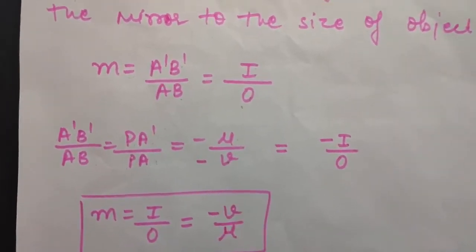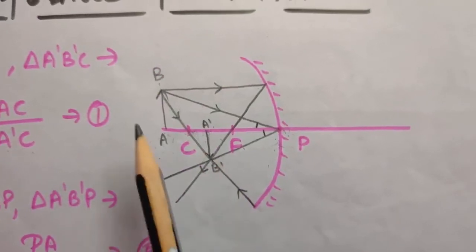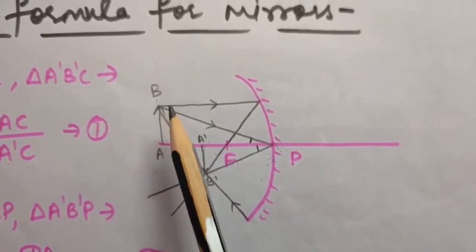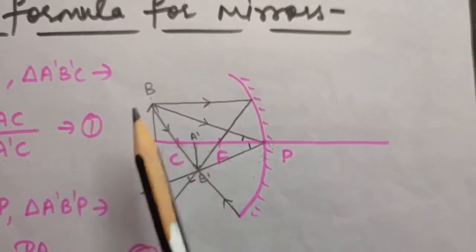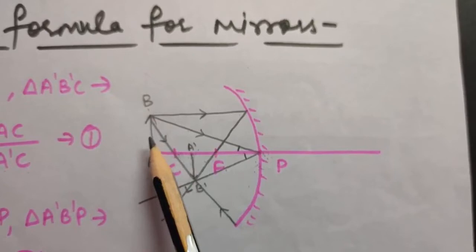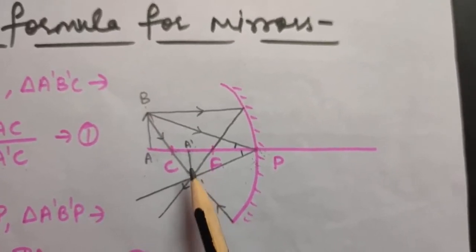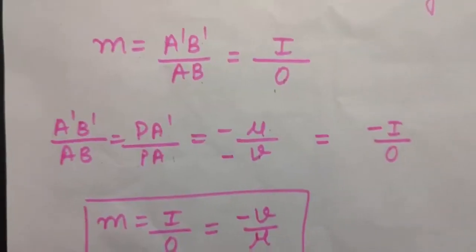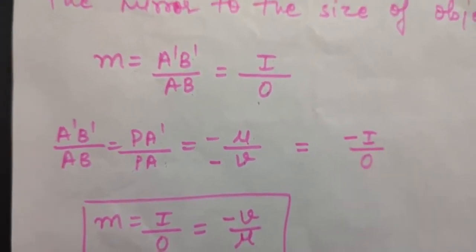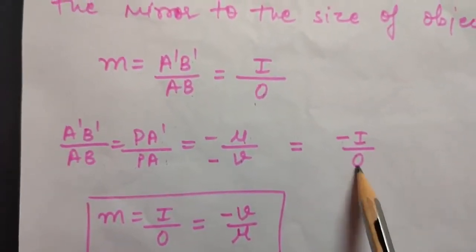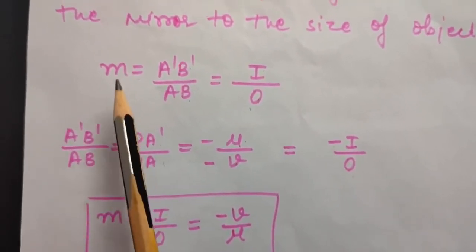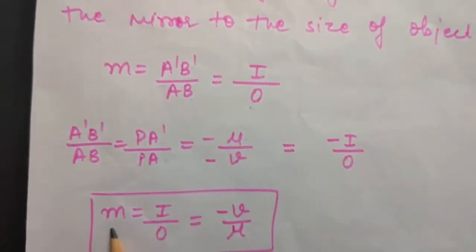Okay, now if you look here, AB will be, as I told you, when you rotate the object by 180 degrees, you will get the image. Therefore, this height of object will be positive, that is O will be positive and I will be negative. So here I am writing I to be negative, that is minus I, upon O to be positive. I hope the signs are clear now. So from here, M is I by O.